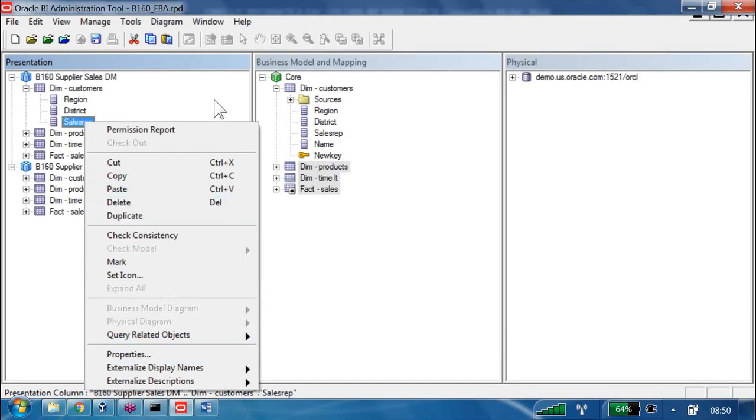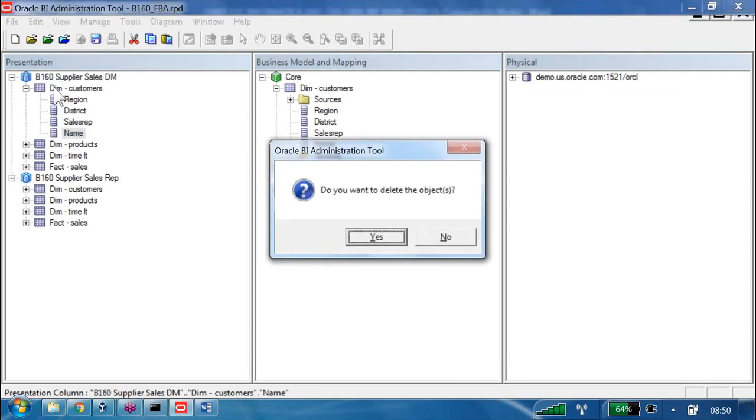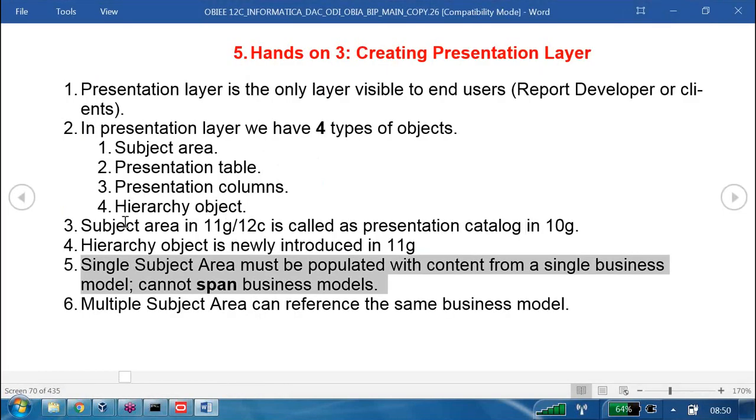Okay, or we want one column, I didn't take in that one. At any point of time you can go and drag and drop that one. It's not a one-time activity, because on day one you will not be clear about the requirement. Though you work with so many projects, day one you may not be clear about the entire project. Today whatever I am clear about, I will go with that vision. Tomorrow the customer requirement may change, or you may get a better thought than what you did in the development, then you can go and change it at a later point of time. For the time being, I am removing this name column, whatever is available.